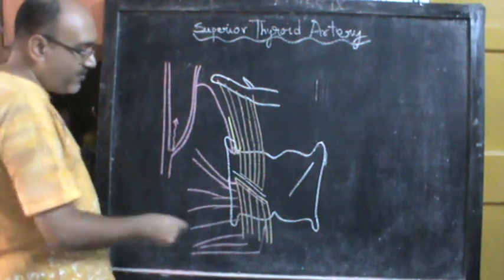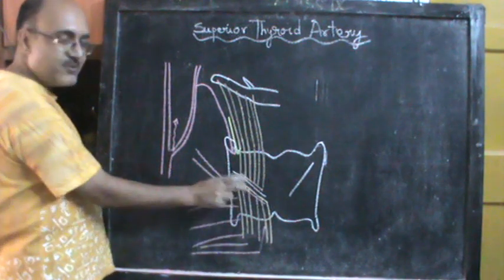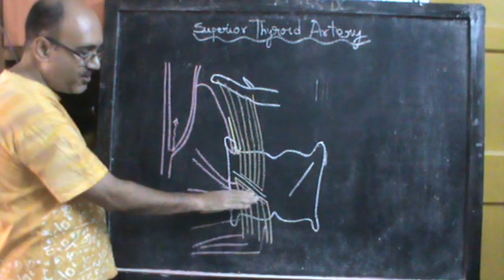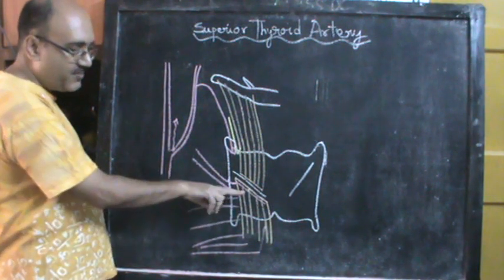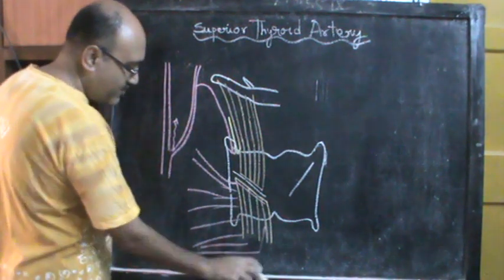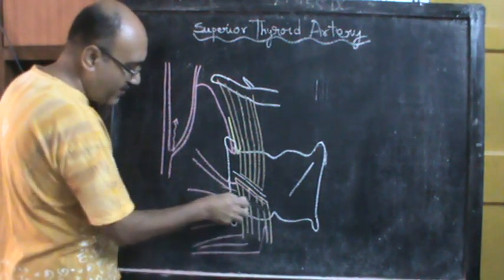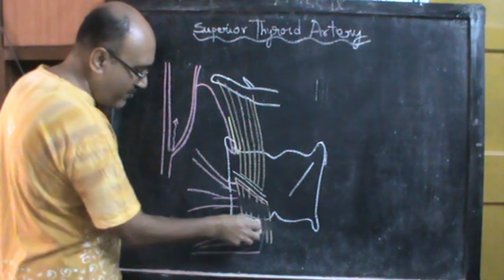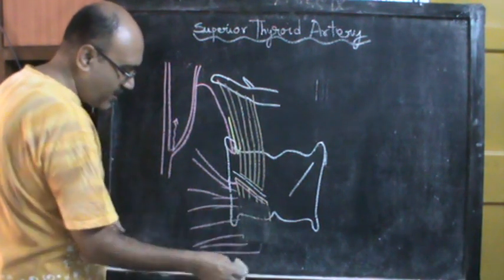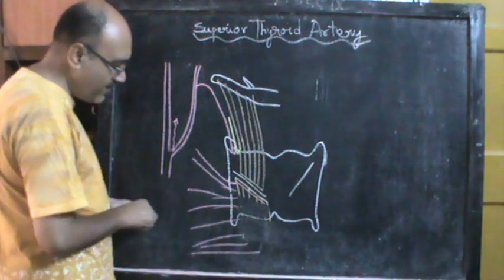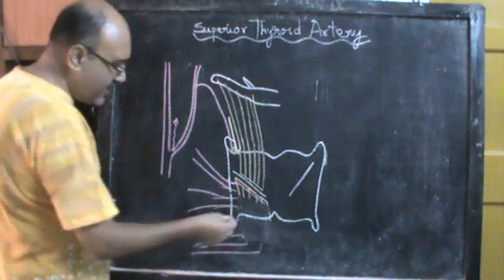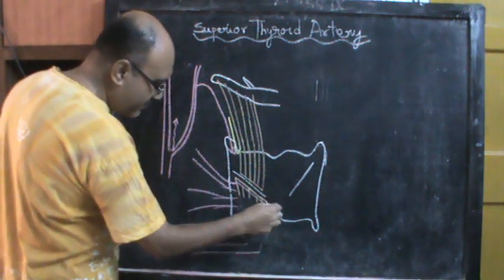Now the upper pole of the thyroid gland is actually sandwiched between these two muscles, as you are well aware. So the sternothyroid and the inferior constrictor, between them trap the upper pole of the thyroid gland, and you can actually see the upper pole of the thyroid gland very well only when you have removed the sternothyroid muscle. So we will remove the sternothyroid muscle, and when we have removed it, we are left only with the inferior constrictor.